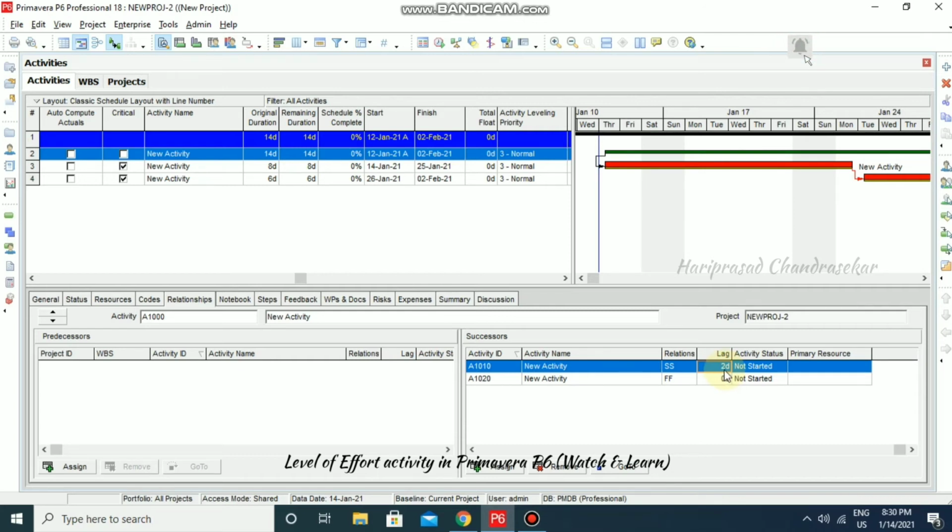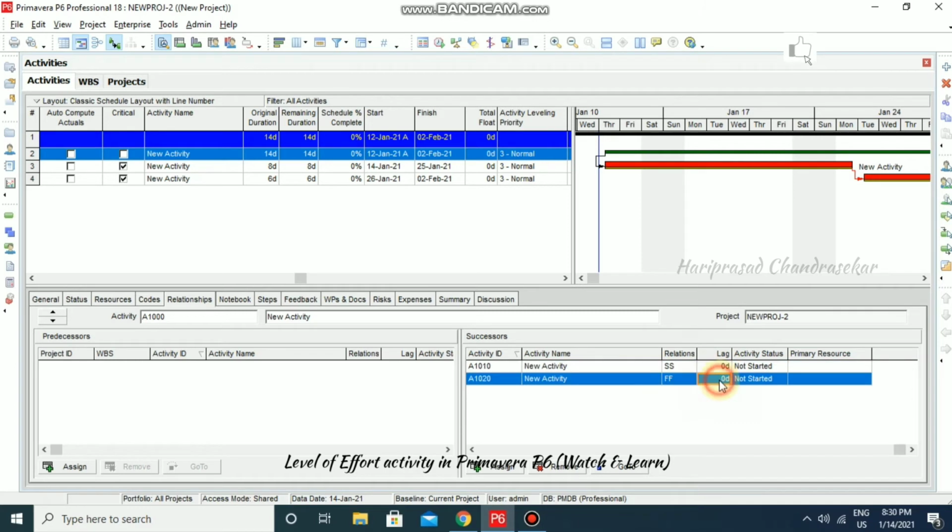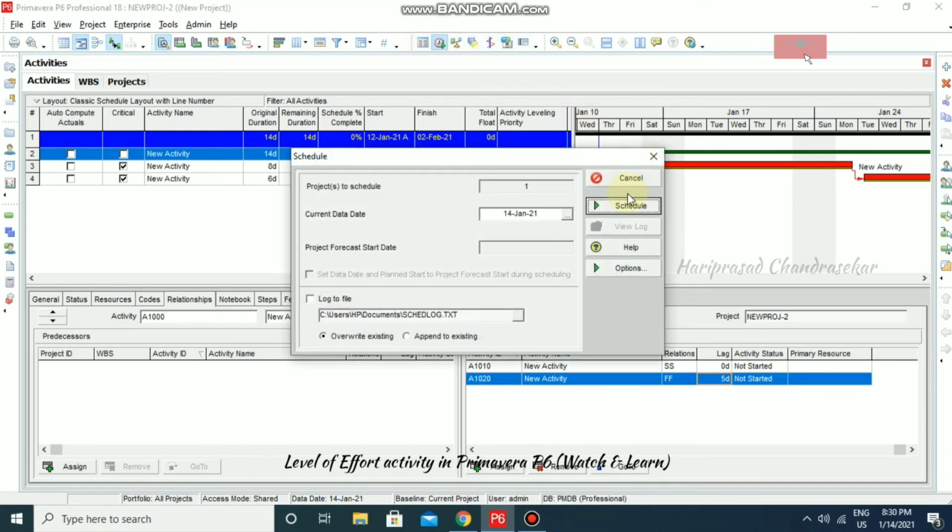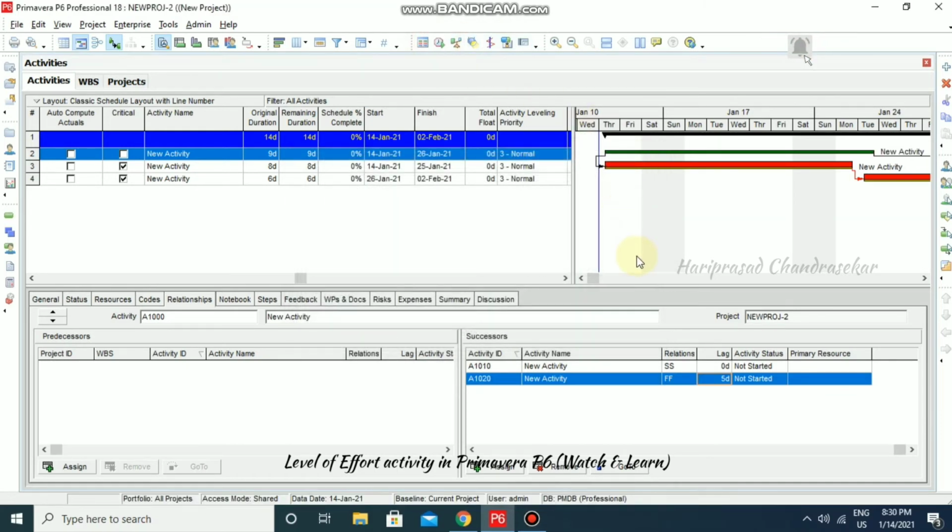For example, I'm going to put 0, and here I'm going to put a 5. Now I'm going to schedule. Now can you see that it becomes 9 days. So before it was 14 days. Now 5 days, it is in lag.